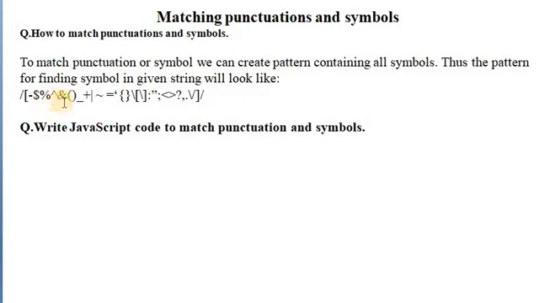the range, like this. Here, in punctuation and symbols, we write backslash capital W. It is a special symbol that tells the browser to determine whether the text contains anything other than a letter, number or underscore. And if you write a small backslash w, it is a special symbol that tells the browser to determine whether the text contains a letter, number or underscore. Let us see one example related to matching punctuation and symbols.